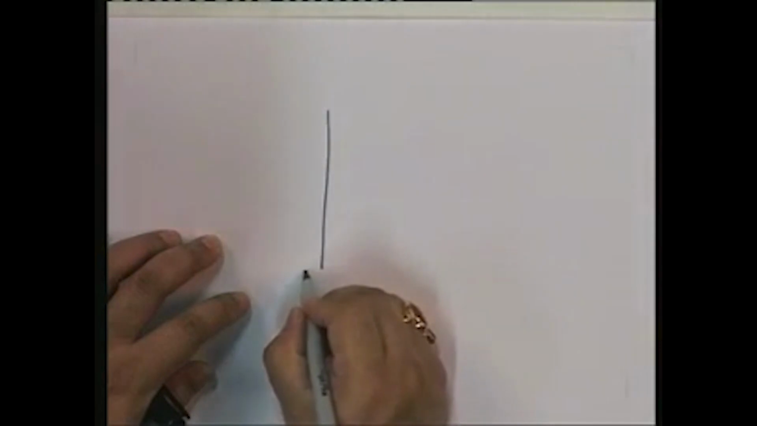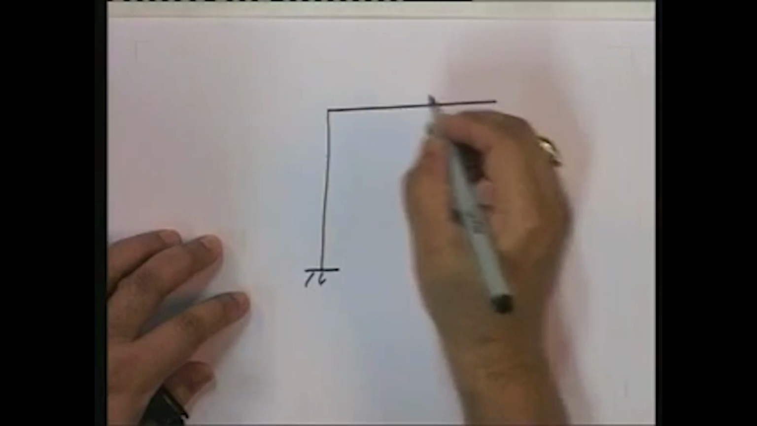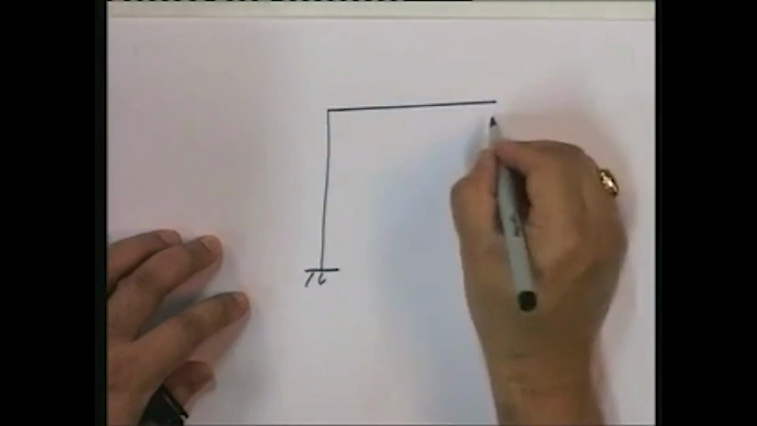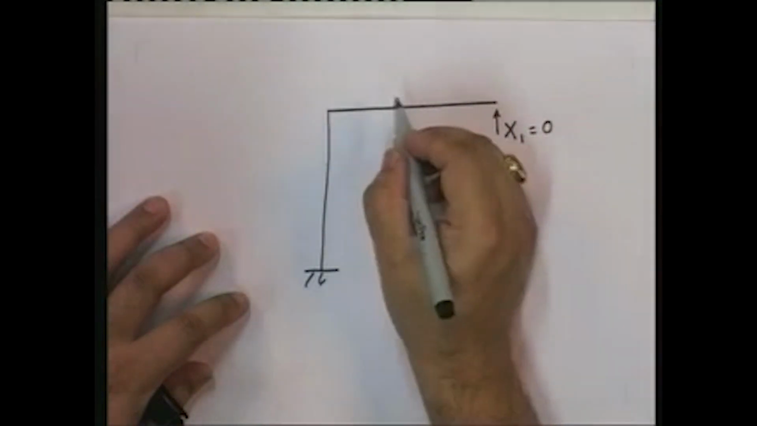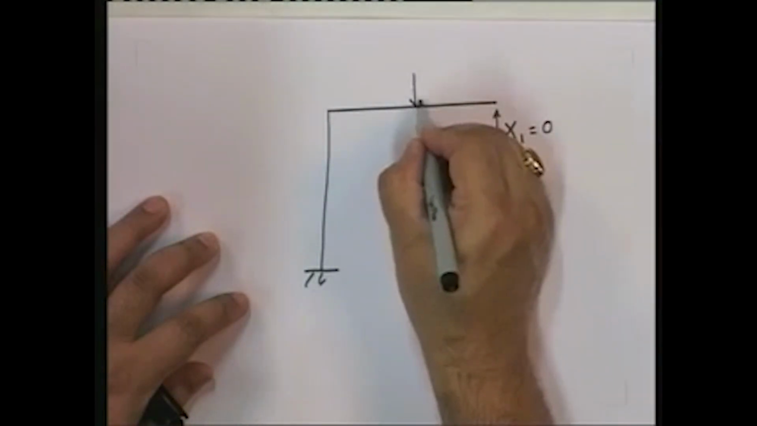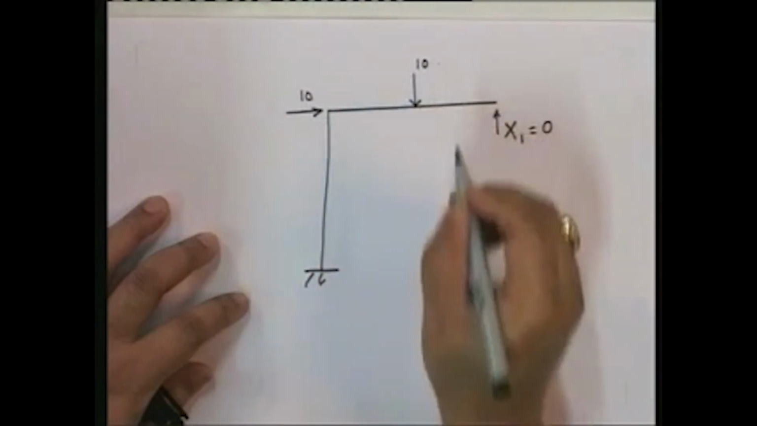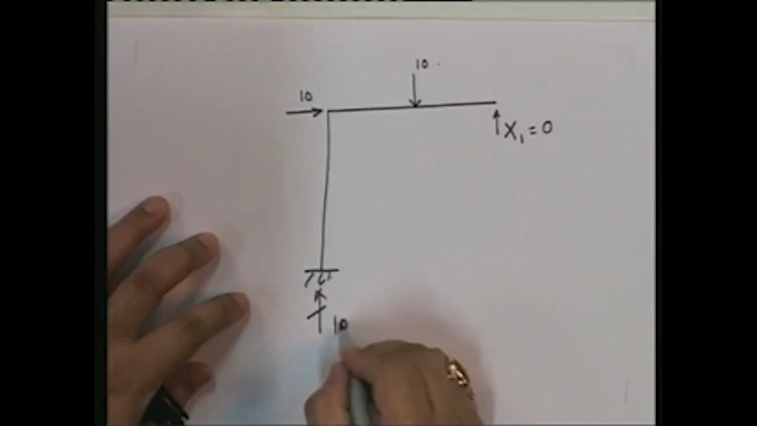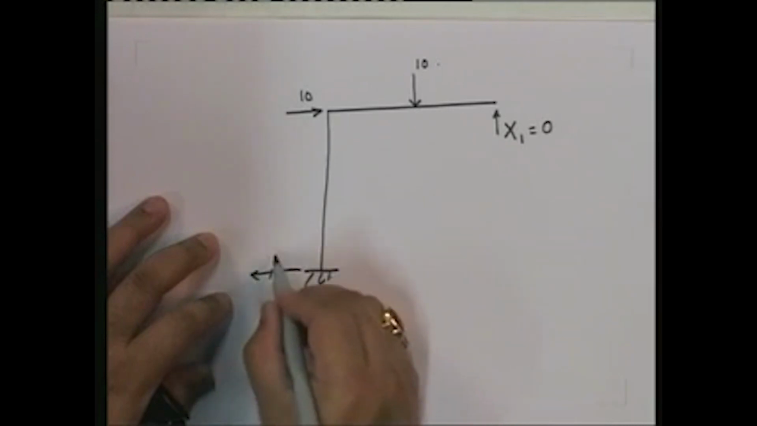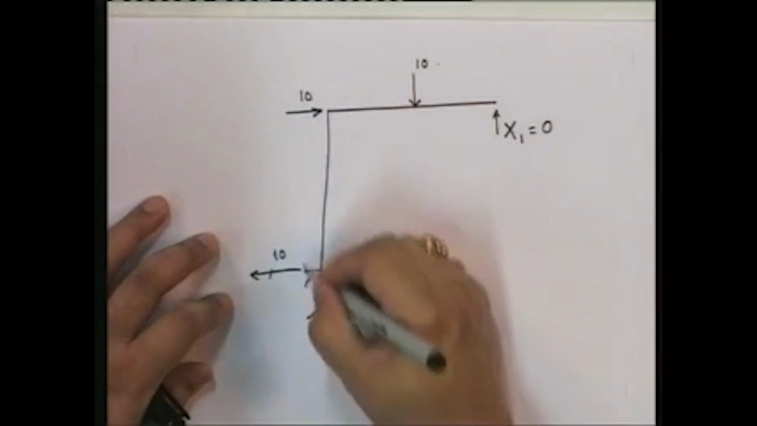So the first part is where x1 is equal to 0. Okay, let me put it explicitly, x1 equal to 0, and this is the loading, this is 10, 10. So what will be the reactions at this point? Reaction over here will be 10, horizontal reaction will be 10, and you will see that this gives rise,